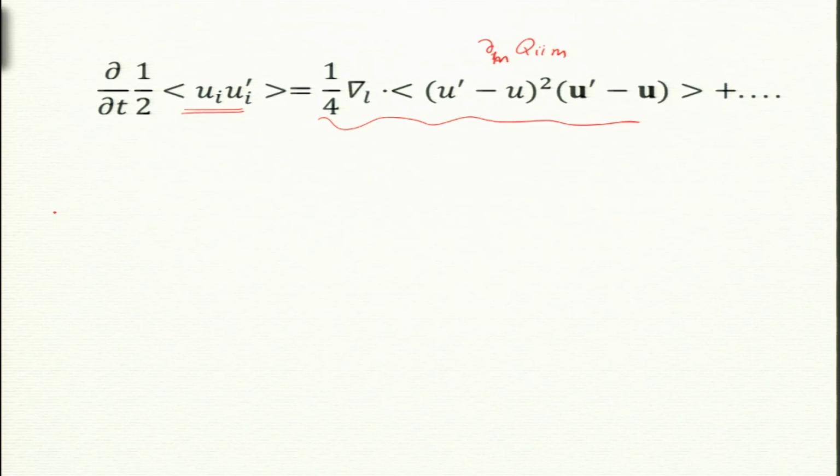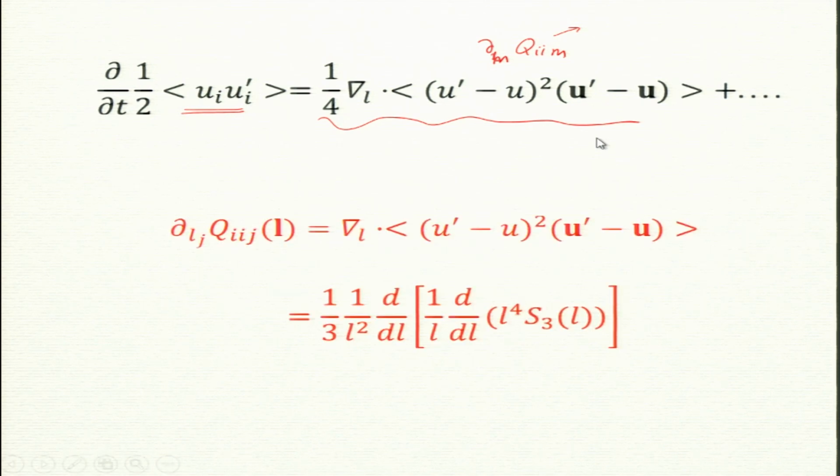This was there in my old slide, and this is that stuff. So, this can be shown. Now, this is connected with the third order structure function, and that is the connection. Okay. So, this one is Q_iim, with which I had done this. This is equal to this one, except for a factor of 1/4, but this was 1/3 of this object. So, I will just map it to that and relate some terms with the dissipation rate, and we are at home. Okay, now let us fill up the gaps.